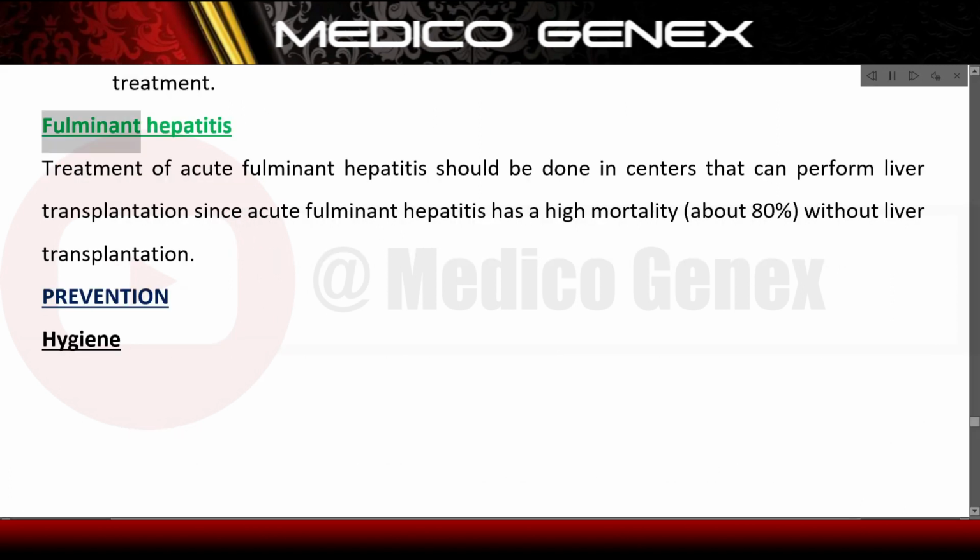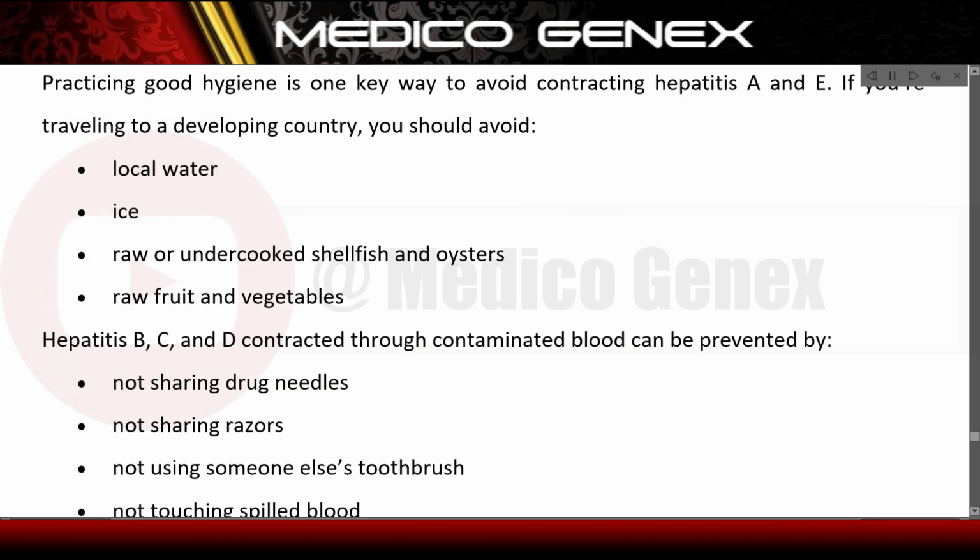Fulminant hepatitis. Treatment of acute fulminant hepatitis should be done in centers that can perform liver transplantation, since acute fulminant hepatitis has a high mortality, about 80%, without liver transplantation. Prevention. Hygiene. Practicing good hygiene is one key way to avoid contracting hepatitis A and E. If you are traveling to a developing country, you should avoid local water, ice, raw or undercooked shellfish and oysters,